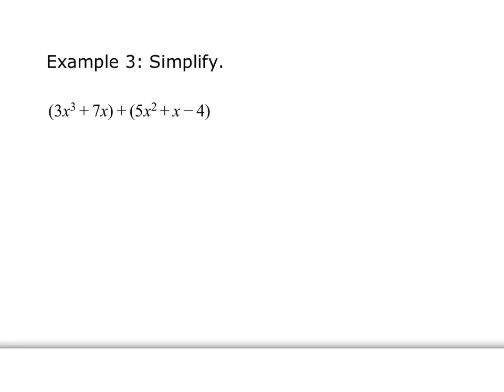All right, so again, I'm going to stack. You ready? Okay, so I've got 3x cubed, but I notice my next term, x squared, is not there, right? I don't have an x squared in my first polynomial. So what I'm going to do is say plus 0x squared to have a placeholder. Is that okay? Plus 7x